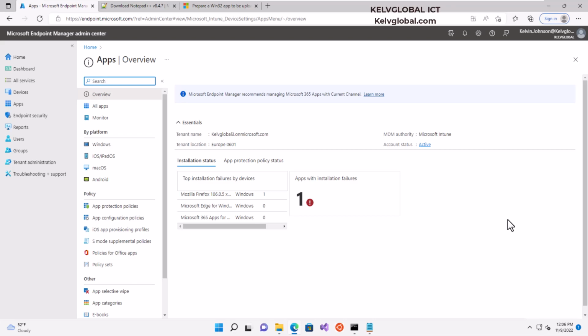In this video, I'll be showing you the step-by-step process on how to deploy an .exe application using your Microsoft Intune or from your Microsoft Endpoint Manager Admin Center. So let's say you've been asked by your manager, or as an IT administrator, to deploy an .exe application from Microsoft Intune, for example,